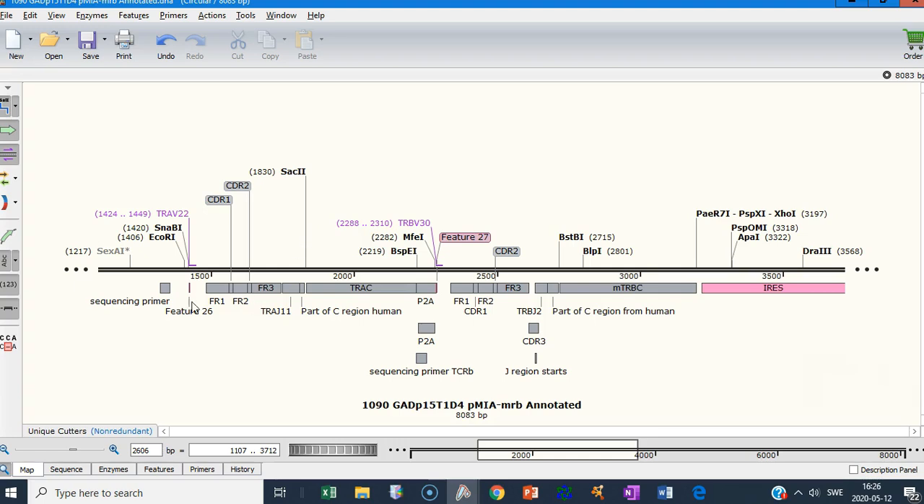So just showing you what we're going to try to generate here. Basically, here we have an expression construct that we got from Maria. That then contains the variable domain from the patient. So that usually we get from the patient sequencing, we get this part here, which is going to be containing the CDR3. That's going to be in this region, in the border between the V chain and the